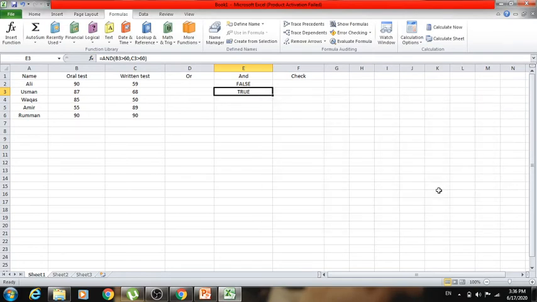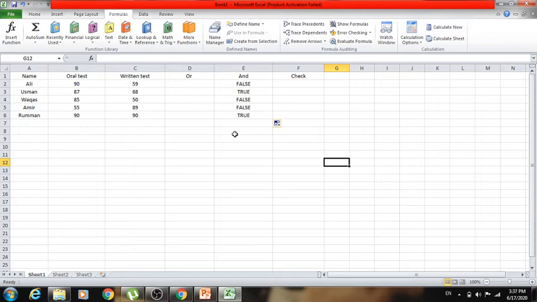Okay, so the command is true, he is passed, he has numbers more than 60, so he has cleared the exams. Now same we can do for all, as I told you, the autofill option will do the operation for all. Okay, so it's showing us that only Ruman and Usman, these two are passed and others are failed.